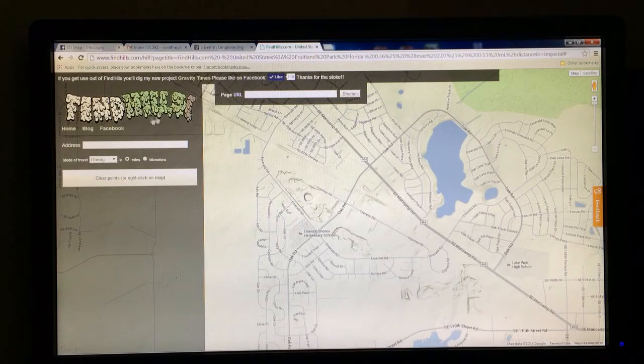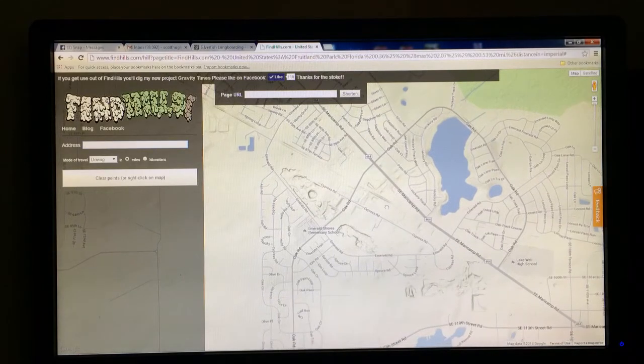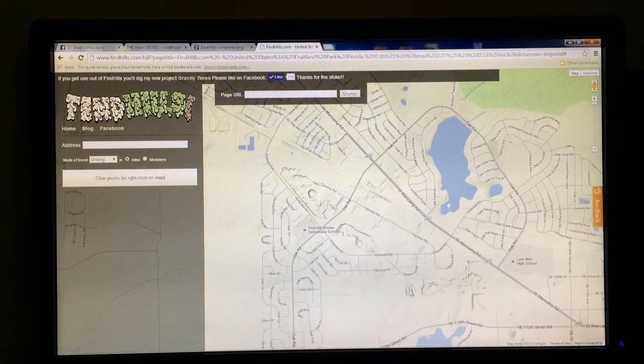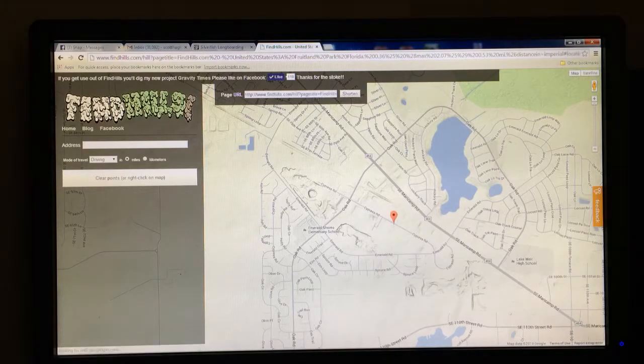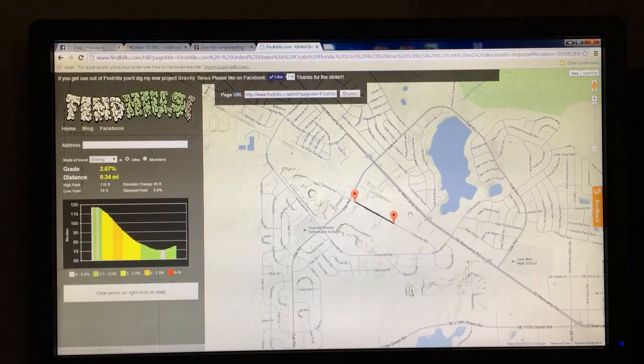The splash page, I went ahead and skipped that, but you basically plug in your address over here for what you want to search, and I'm searching an area somewhere in the thereabouts of Florida. But what you do with this is you left click to put a plot and you left click to put another plot, and it joins the two together and it gives you a reading on the